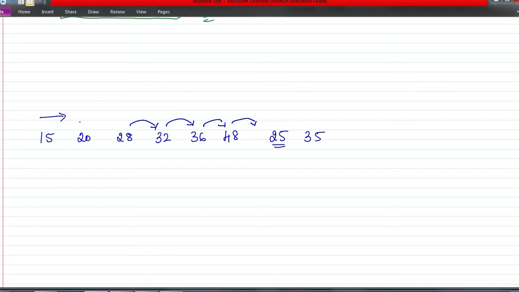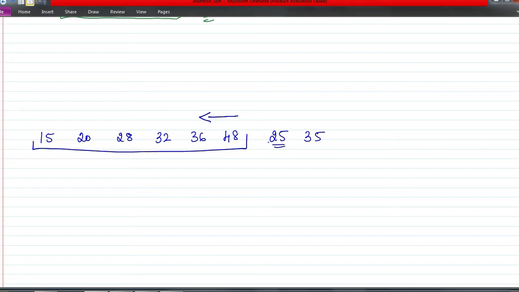For this, instead of searching from this direction, think of it in the reverse order. That is, instead of starting from the beginning, we start from the end and go in this direction. Now 48 is greater than 25. We know that this part is already sorted, right? The first part of the array is already sorted.